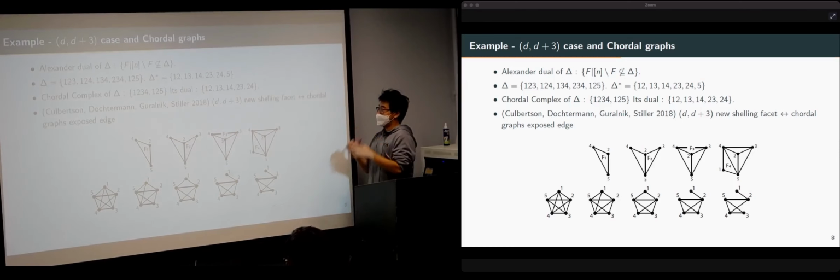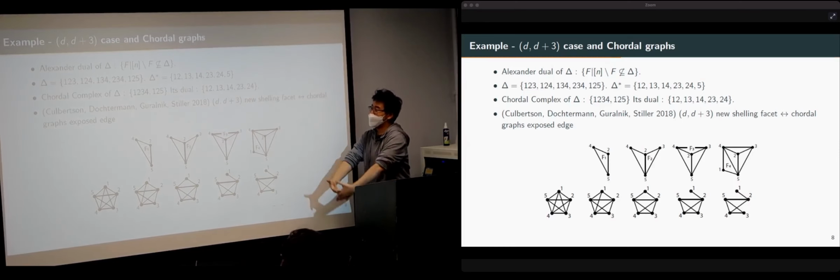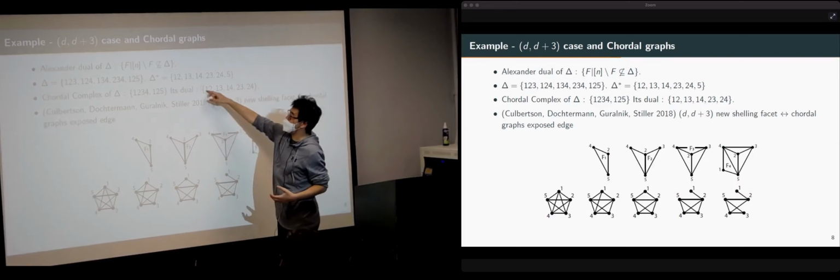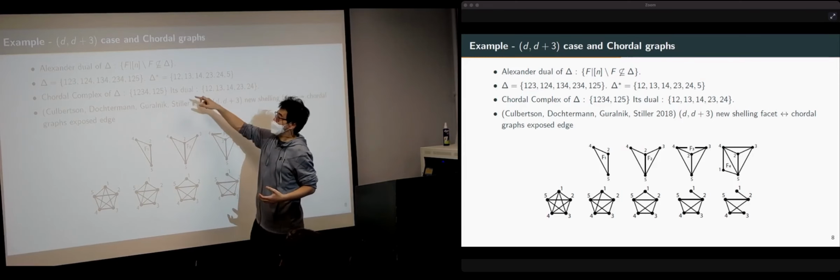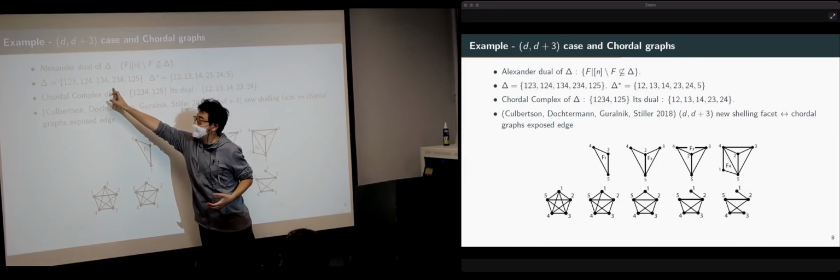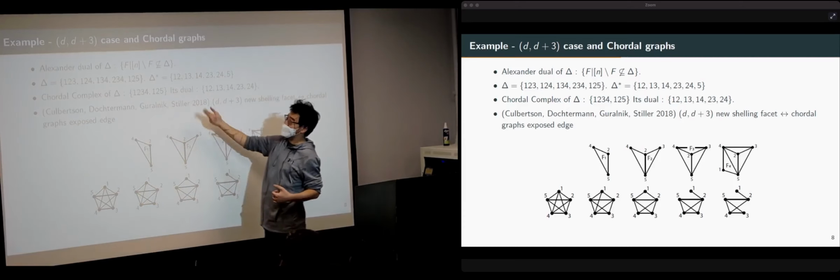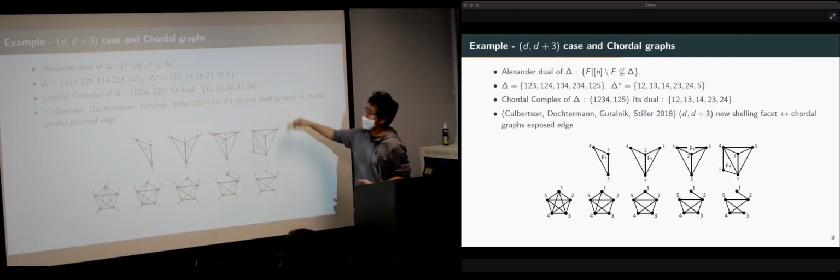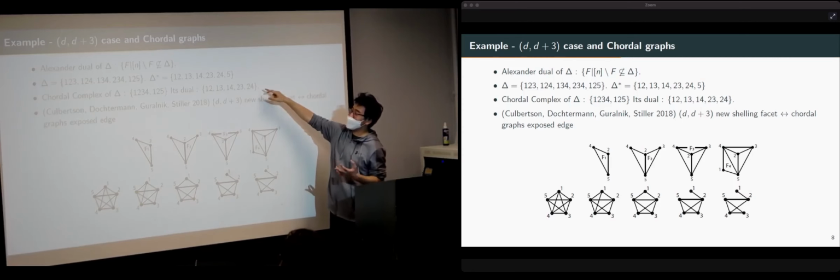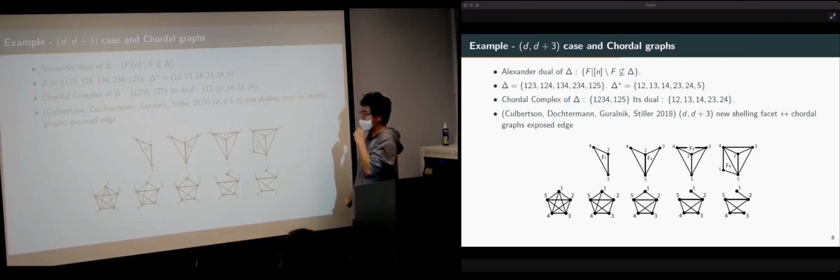So if you take the chordal complex and then take its Alexander dual, then that is exactly what we want. It's going to be the complement. So it's going to be the complement of each of the sets and then taking the complement of that collection. This is what we are going to be calling the dual. And